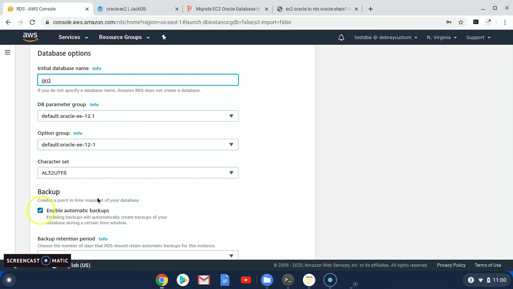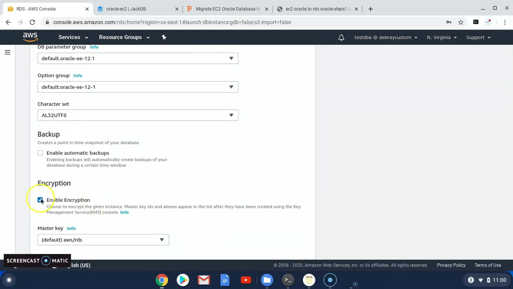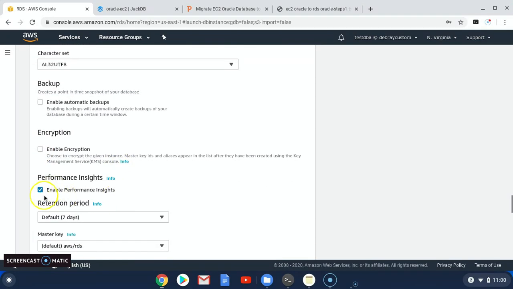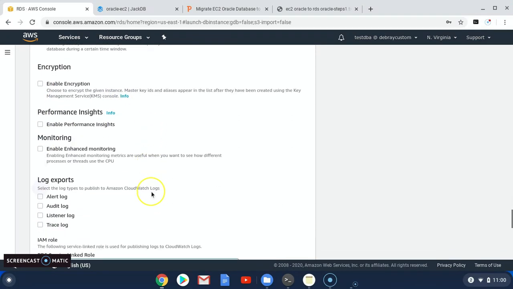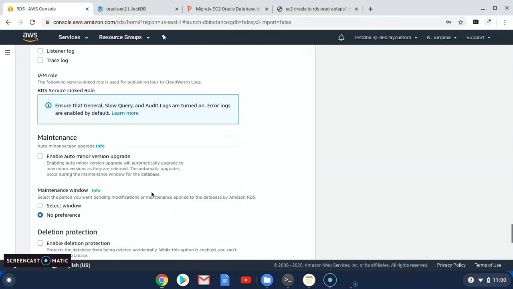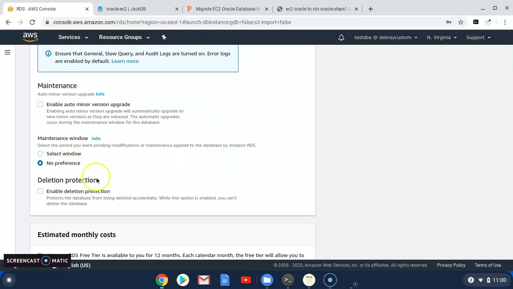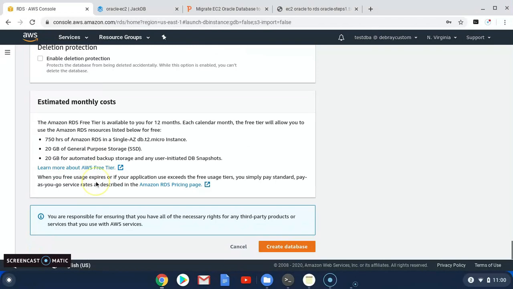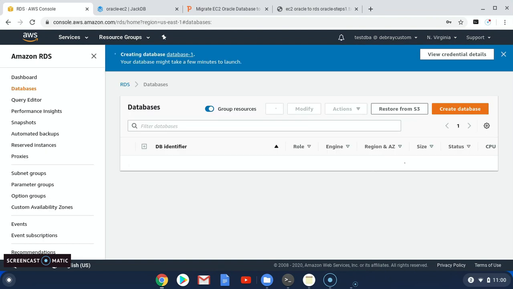Parameter group default, I'm not going to change anything. I am not going to enable automatic backups. Enabling encryption is not needed. Performance insights is not needed. Maintenance window is no preference. So I am creating the database. This will take some time. In the meantime,